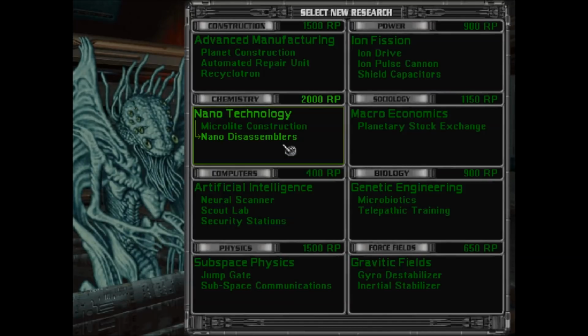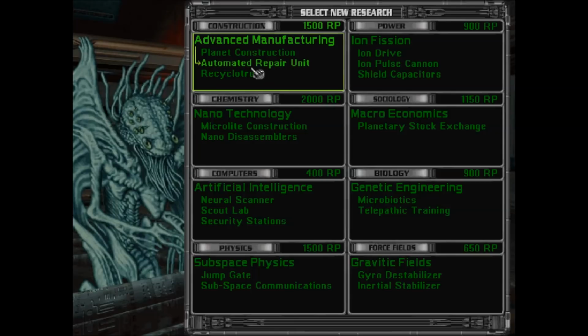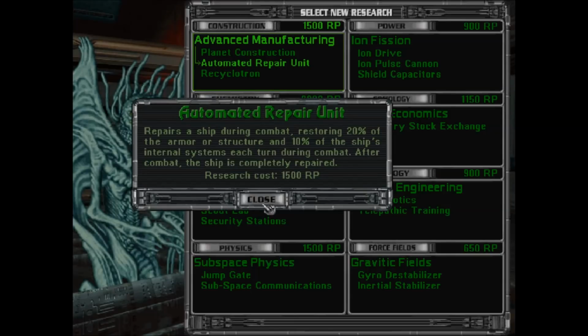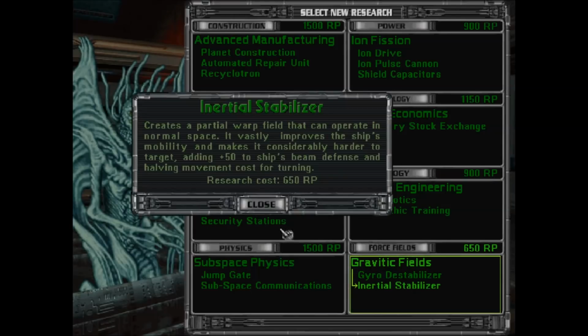And we researched iridium fuel cells. Excellent. So now we can have the Recyclotron, which gives every unit of population +1 production. Honestly, not all that important. We can get the automated repair unit, which repairs ships during combat, but you have to put it on the ships in the first place. Or we can research some fields. I am going to research...